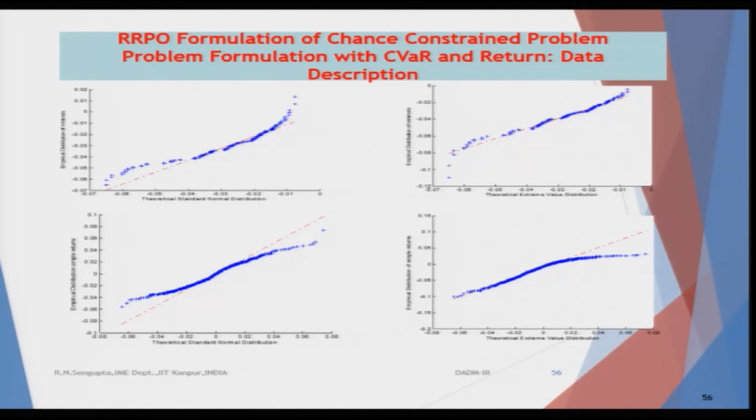Similarly, we take the theoretical extreme distribution values on the x axis and try to find out the simple returns and the distribution of the minimum or the maximum, in order to see how they match. Obviously, if it is a straight line, it means that the QQ plot is fitted the best, based on which we will consider the empirical values of the distribution for our case of understanding and consider those values for our general runs.